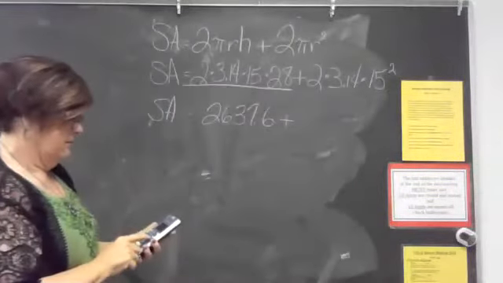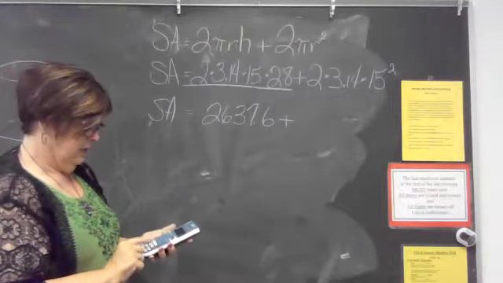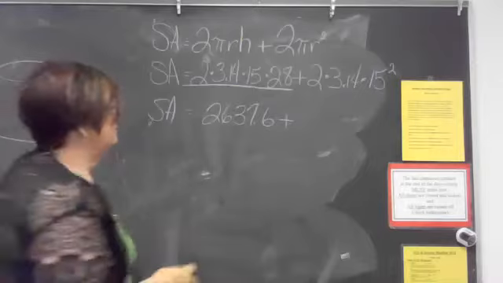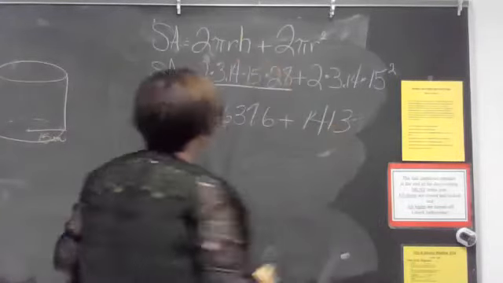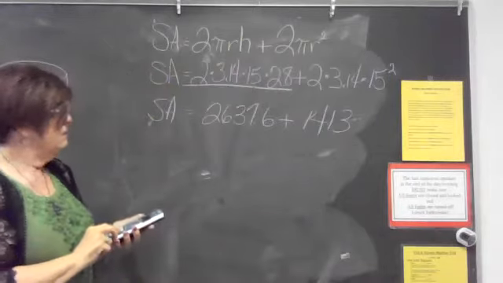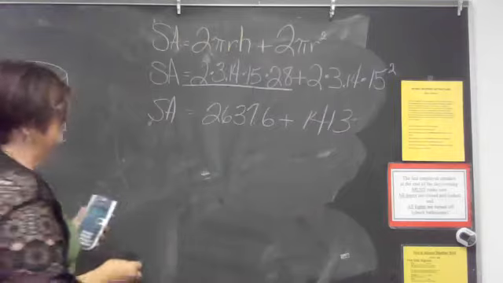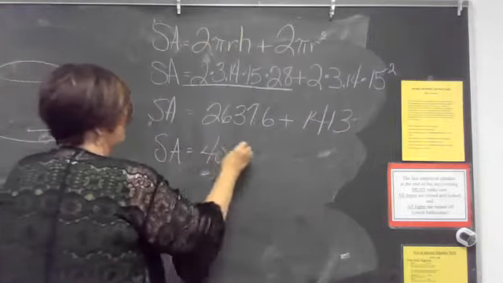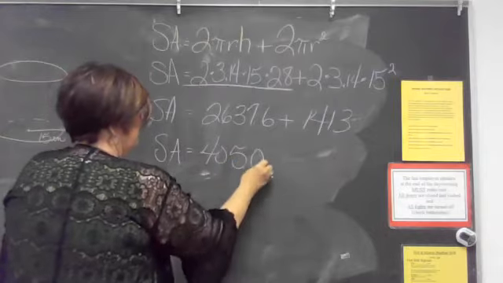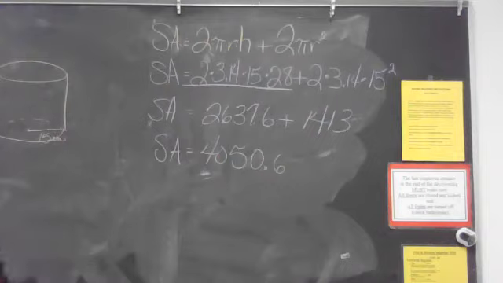Okay, no, I messed that up. All right. And 2 times 3.14 times 225. So this one is 1413. And then when we add these together, we get that the surface area equals 4050.6. Now, as soon as you get the answer, especially if it's a fill in the blank on your test,